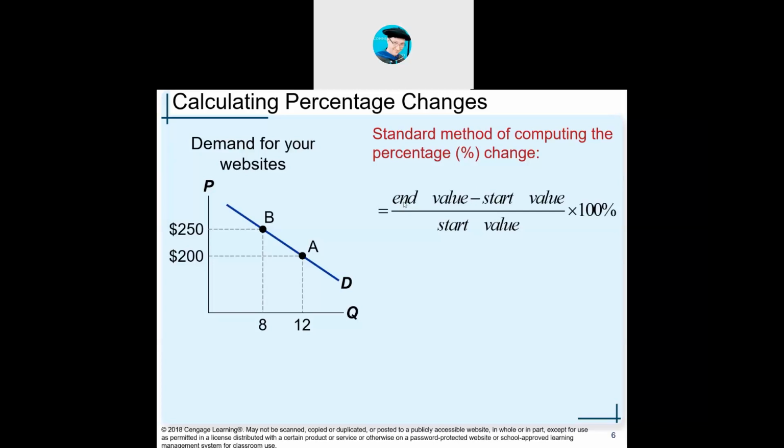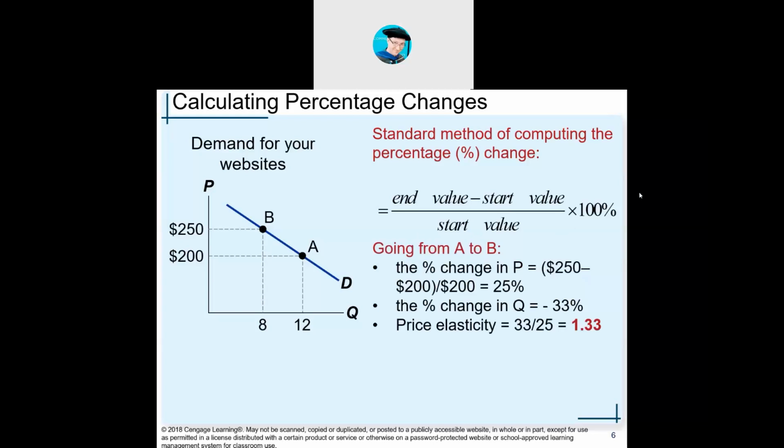This formula is exactly what I showed you earlier to find percent change, right? The new minus the old divided by old. It's the same exact concept, yes? So new, which is the end value, minus start value, the old, divided by the old start value. Multiply by 100 to get the percent. So we would do Q2 minus Q1 divided by Q1 times 100, and P2 minus P1 divided by P1 times 100. Those get your percent changes.